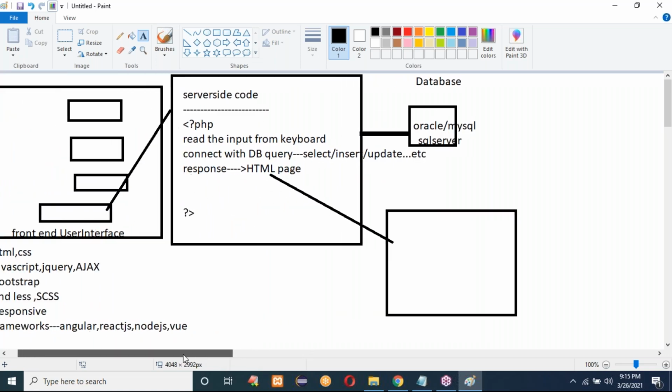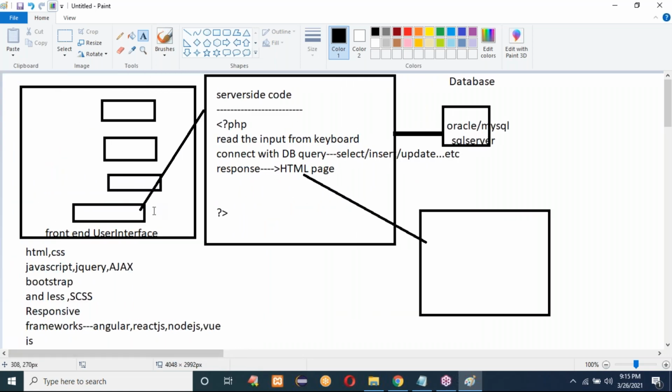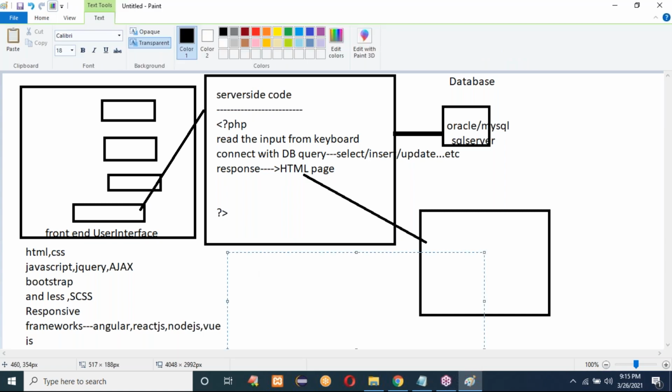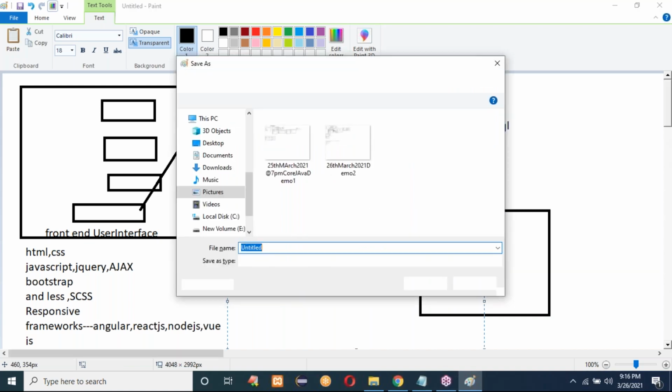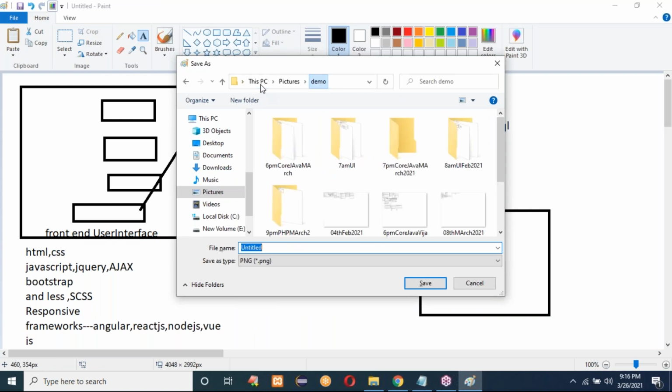We are ready with the input from the HTML pages. UI developers will give you the UI front-end page, and as a server-side developer, a PHP developer will develop the code for the server using PHP.